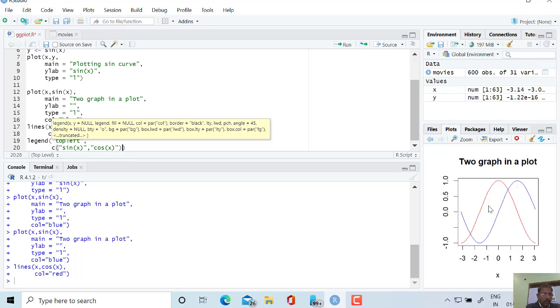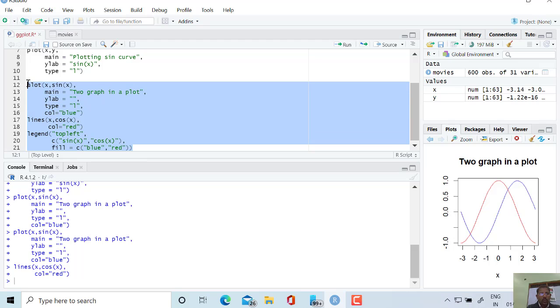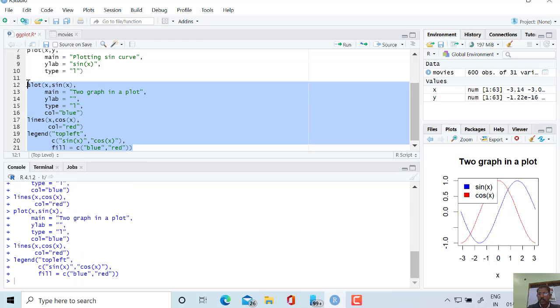These two curves I am going to fill equal to C. The first curve is blue, which is the sine curve, and the second curve is red, which is the cos curve. So in this way we can write these things. Now I am going to execute the whole plot once again, and let us see what changes.